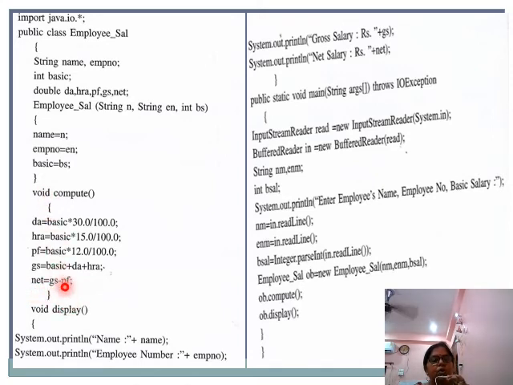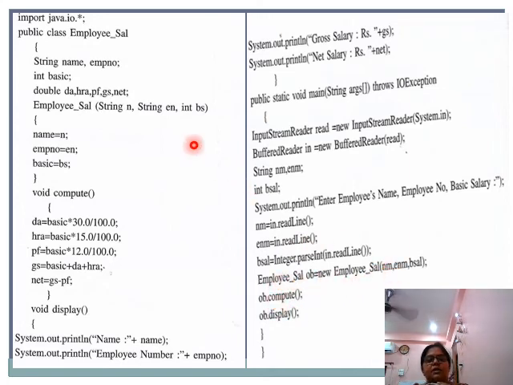Now we are going to compute. This is a function, and this is your constructor. Pay attention here: this is your parameterized constructor, and this is your function. We are going to display, this is your printing statement function. Now in the main program we have an input stream reader and variables for all of this. You can use the same variables here also. Now, printing statements, we have input the number. Now here we have called our function.